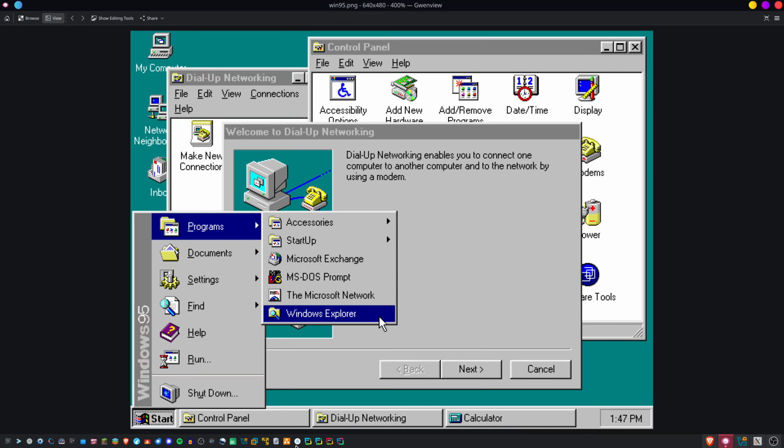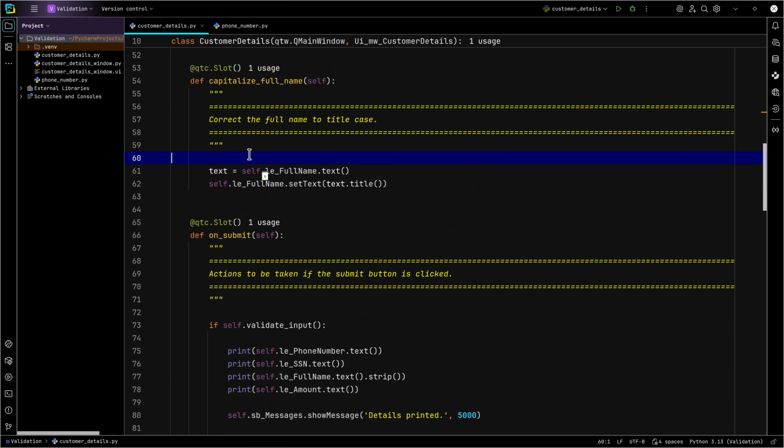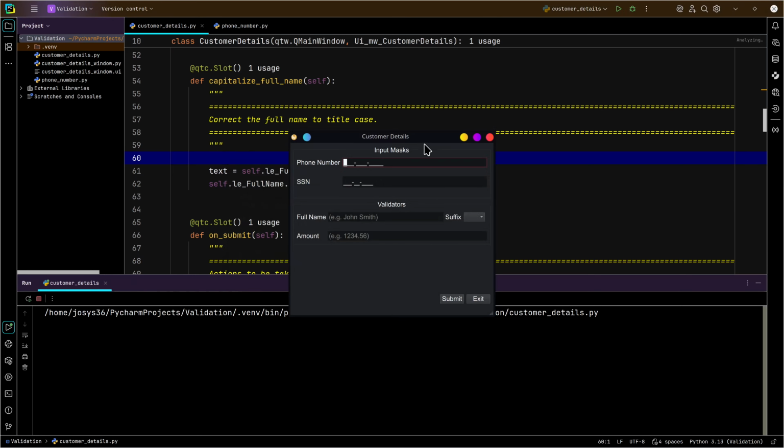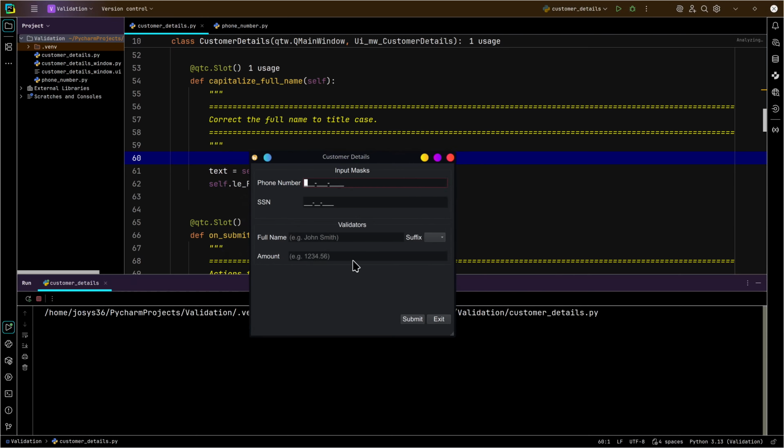And if you think about this, I'm going to go ahead and run this. I have a small application that I was demonstrating in one of my previous videos. If you look at this, not a whole lot has changed from the windowing perspective. I have a window, I have a minimize, a maximize, and a close button.